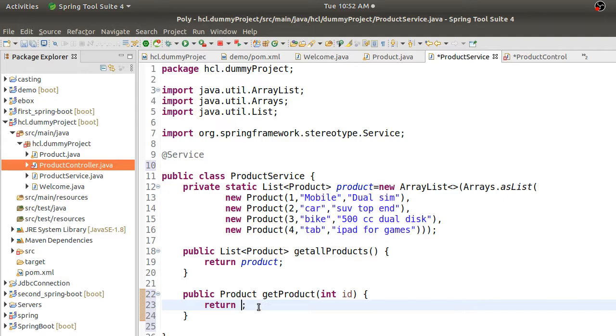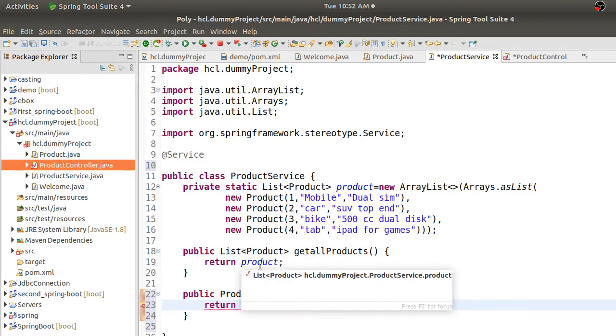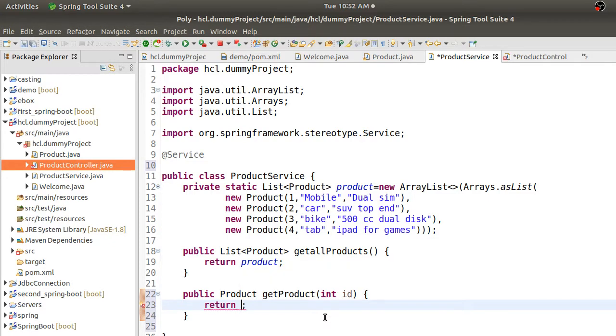Here you don't want everything, like previously we returned all the details, right? Now you want one specific ID that you are passing. According to this ID, you want that product to be rendered, right? So here you can write your lambda expression and filter one particular detail out of it. So just use that.